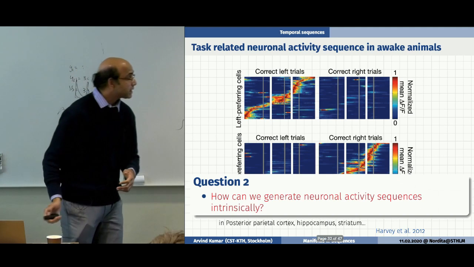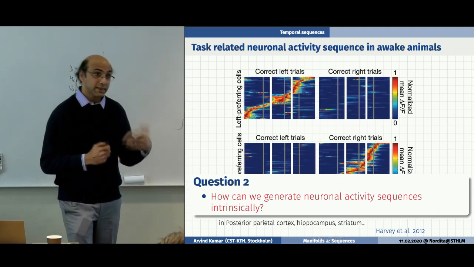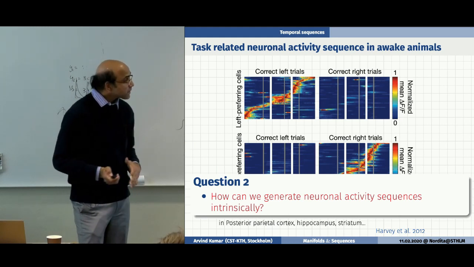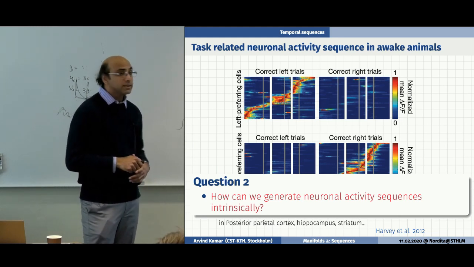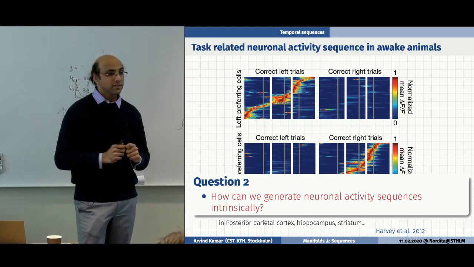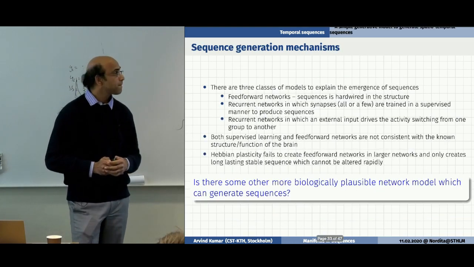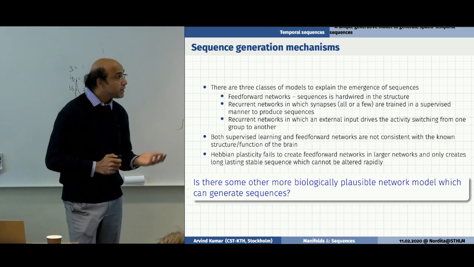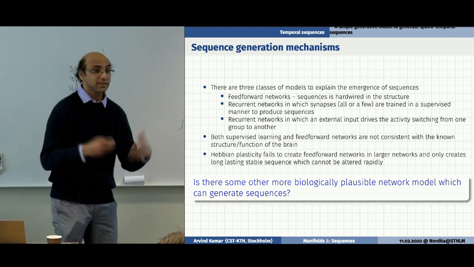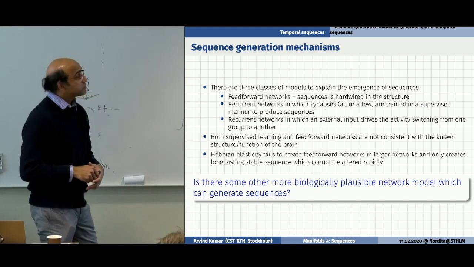So the question then is, where are these sequences coming from? Could they be learned? Could they be innate? Or is there something else? Obviously, whenever you have a sequence, you would imagine that there is an effective feed-forward structure. Not necessarily a synfire chain, but something similar. And there are many ways to do this. In fact, you can hand-wire a structure and say that, well, somehow magically it appeared in my recurrent network. Or you could train it,